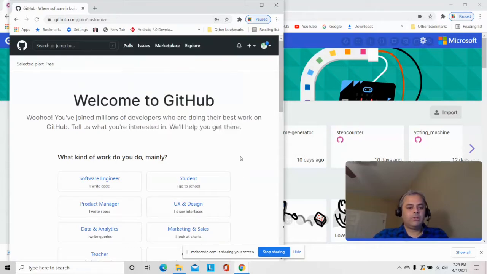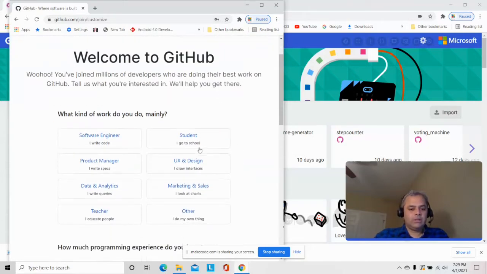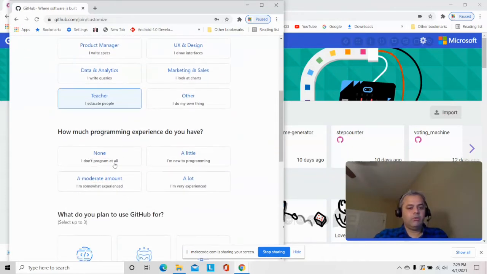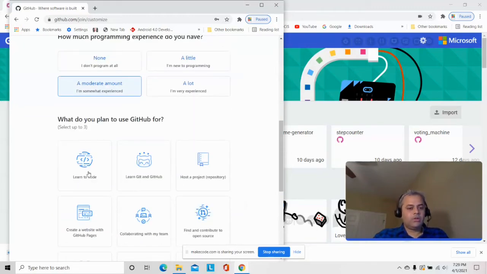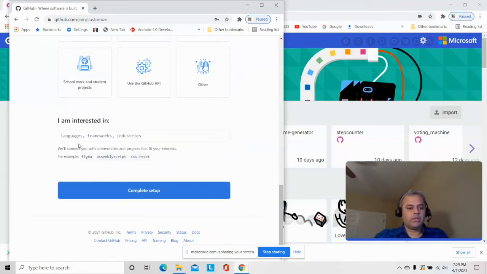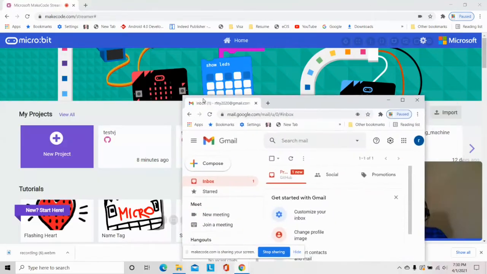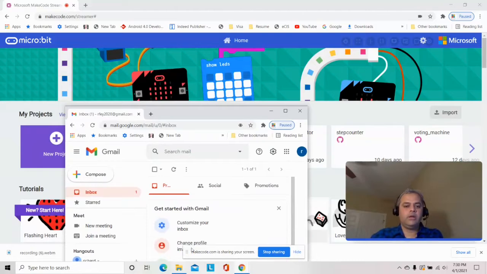Now I'm going to save this. Well, I'm just going to say that I'm a teacher, and a moderate amount. What do you plan to learn, to code and host a project? You can fill in the details if you wish, and you can complete the setup. Now what it asks you to do is please verify your email address, and what you can do is, okay, here is my